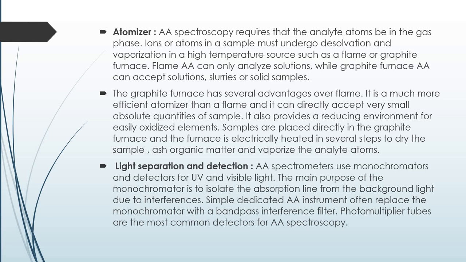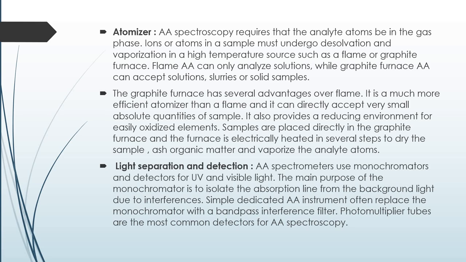Flame AA uses a slot type burner to increase the path length and therefore to increase the total absorbance. Sample solutions are usually aspirated with the gas flow into a nebulizing or mixing chamber to form small droplets before